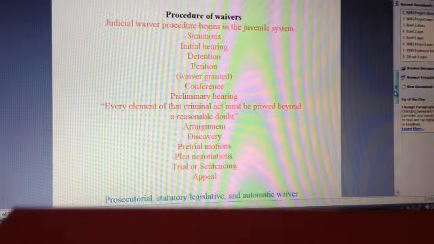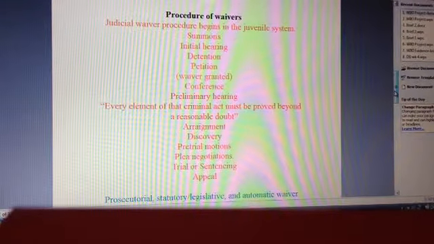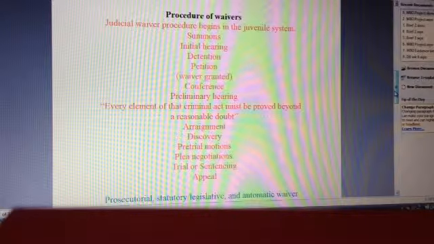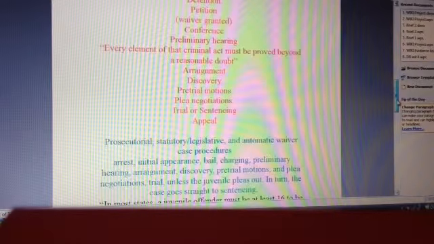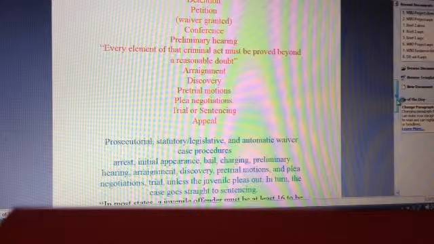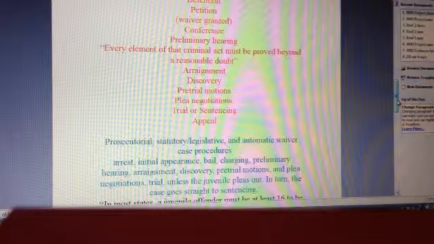That is where the prosecutor has to show beyond a reasonable doubt that this juvenile committed this case because they do not want to be responsible for committing a teenager or a child even to the adult system unless they're 100% sure that this child did this act. From there, the case moves to arraignment, then discovery, the pretrial motions, and after that, pretty much plea negotiations can occur. If the juvenile decides to accept the plea of guilty, they will move to sentencing, and